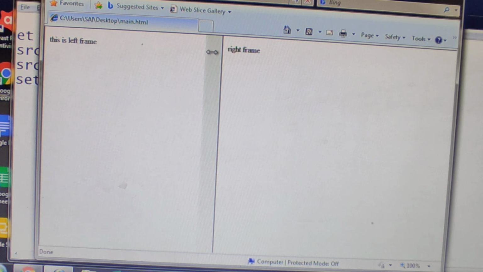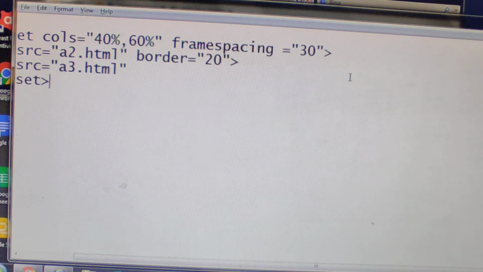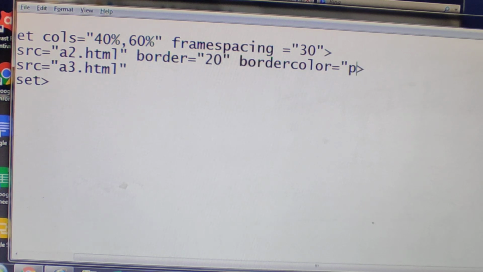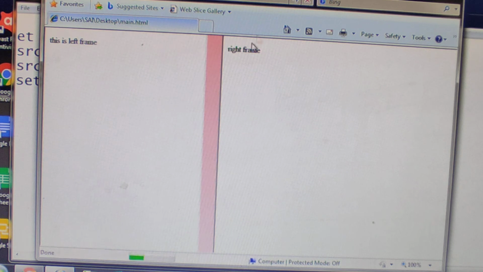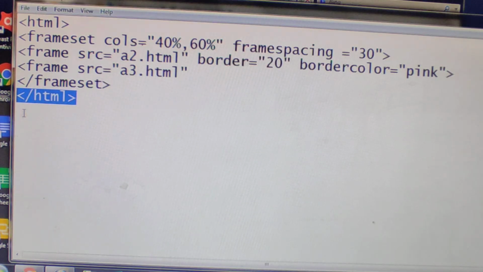See, this is the border. Okay, here this is applicable for only one frame. Now border color I am giving, border color equals to, for example, pink. Save it, come to browser window, refresh. So here whatever you have given, that is applicable for only one frame.